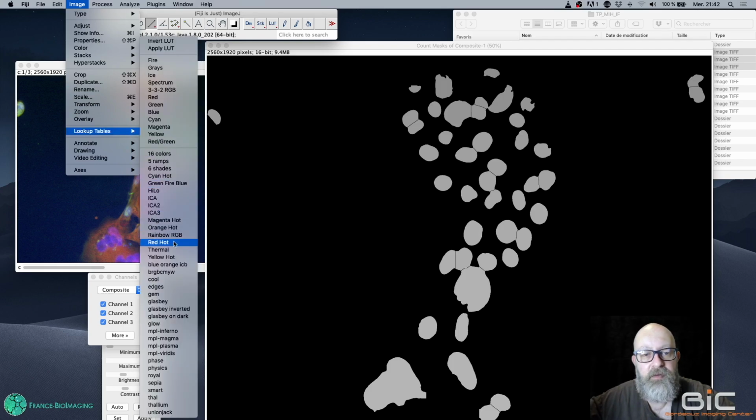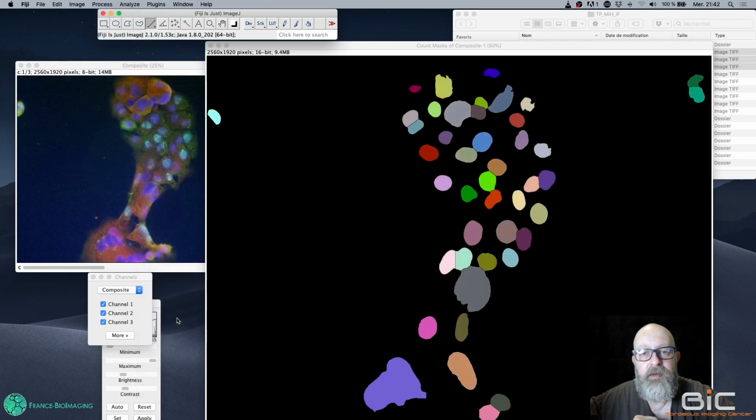And in this case, you may want to use glasbey on dark. And you see, you've got one color per object. So now, we've checked that the generation of the tagged map was working. We can close this tagged map,